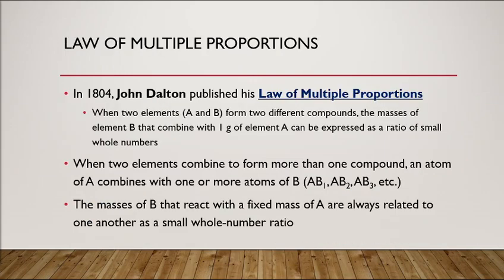Whereas in multiple proportions, multiple means more than one. And so in this case, I am talking about, listed even here, three different compounds, AB1, AB2, and AB3. If you're given a problem on a homework or on an exam, and it asks you to identify which law you're talking about, the law of multiple proportions better be talking about multiple things. Whereas the law of definite composition, or proportions, is talking about one compound, maybe several samples, but it's still several